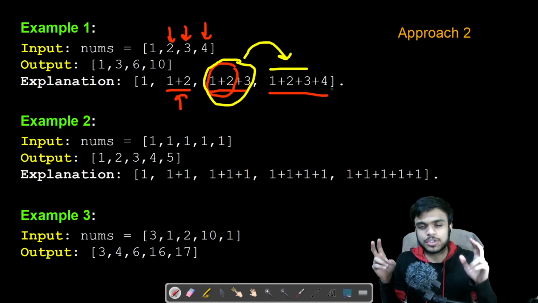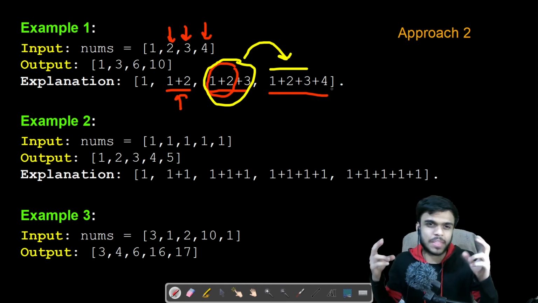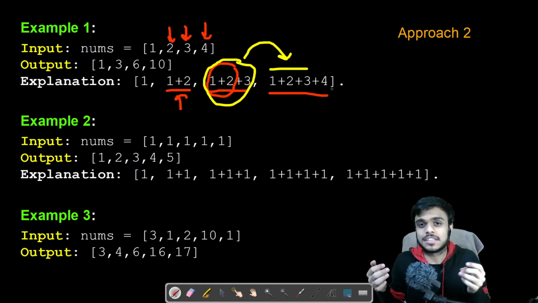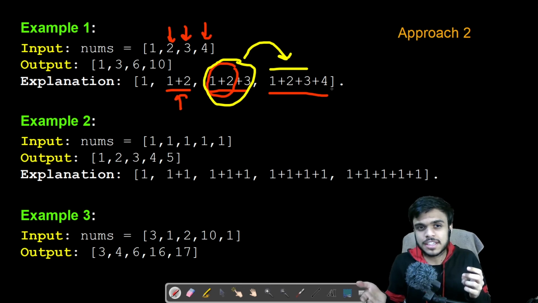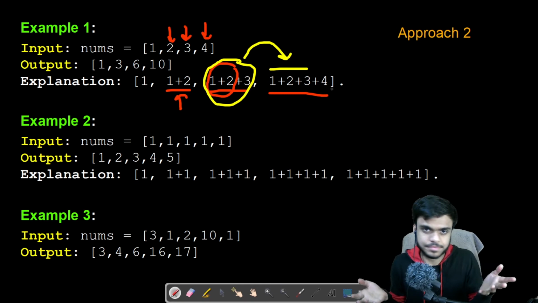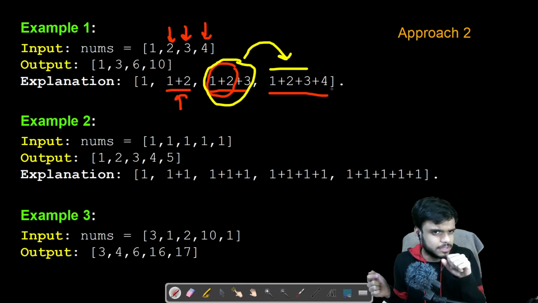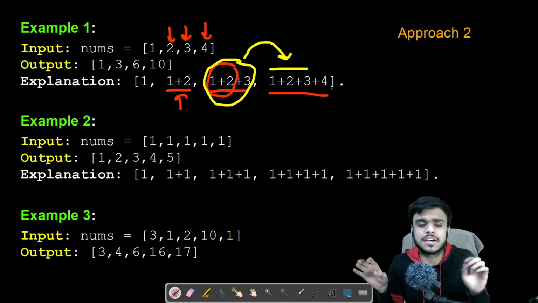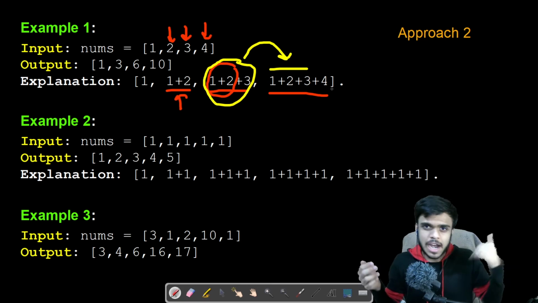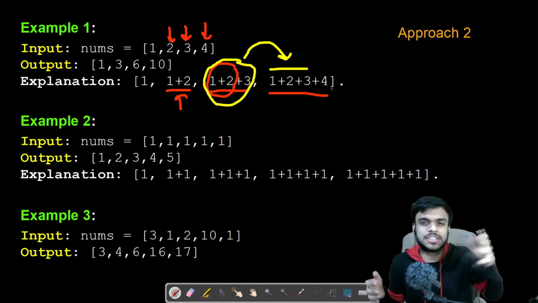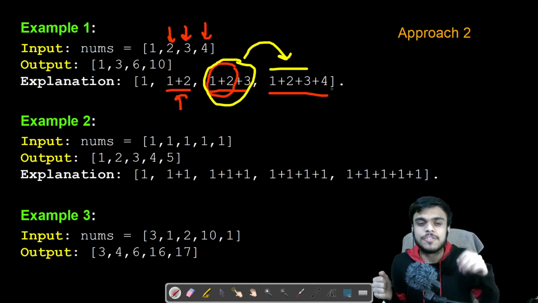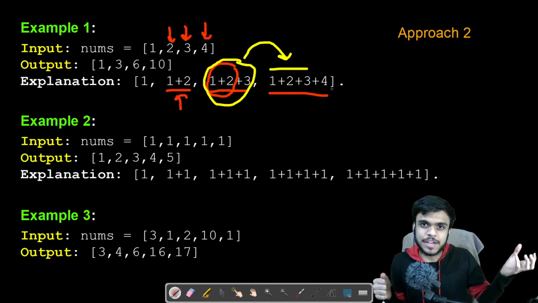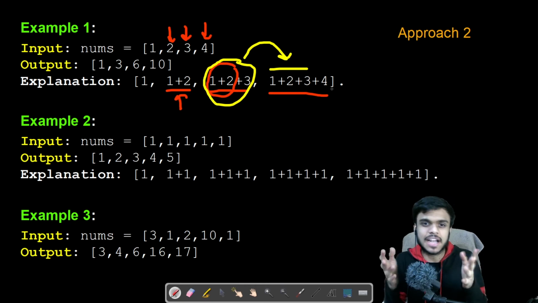While doing this, there can be two approaches. If you are allowed to modify the given array, then you can directly modify it, or create a new array. In the new array, for the first element you just add it, because there are no previous elements, and from the second element, that is from index 1, we check the previous element, take that value and add it to the current value. That's it, that's the solution.